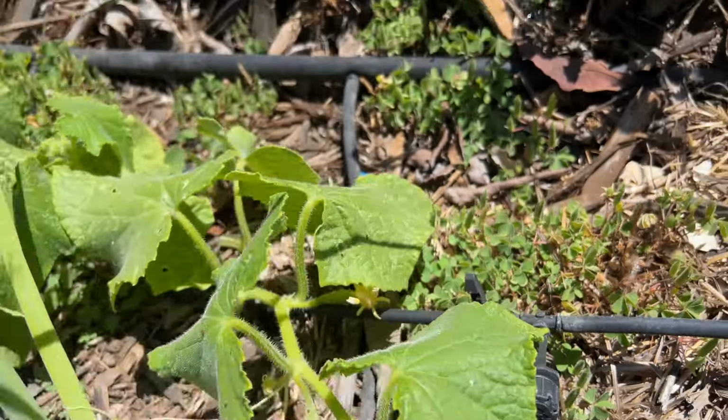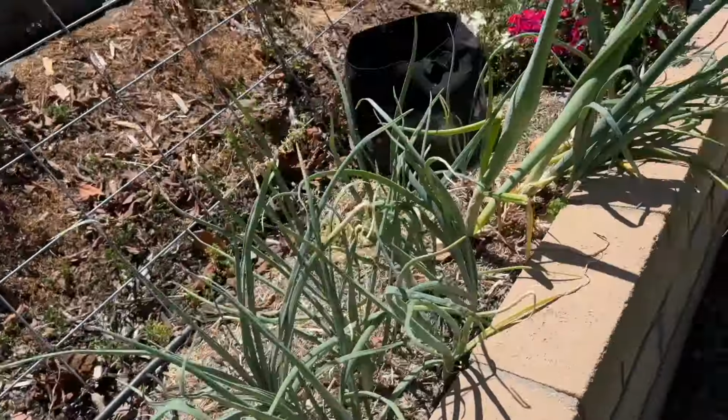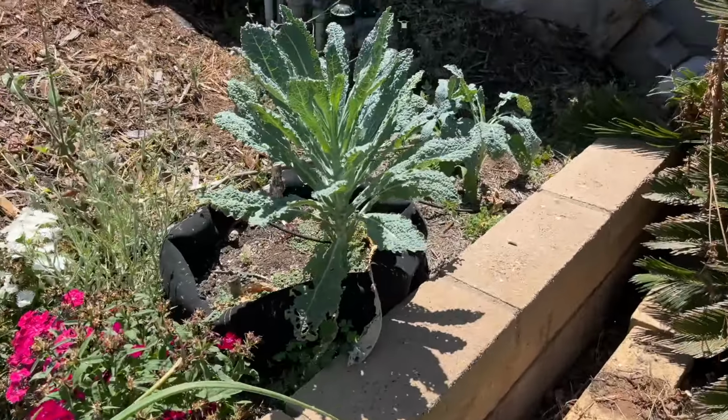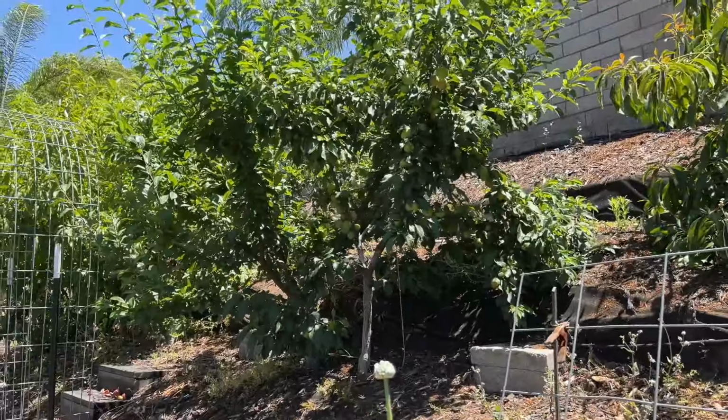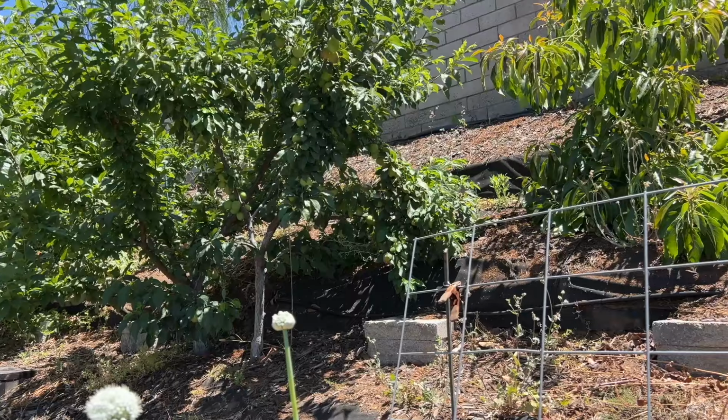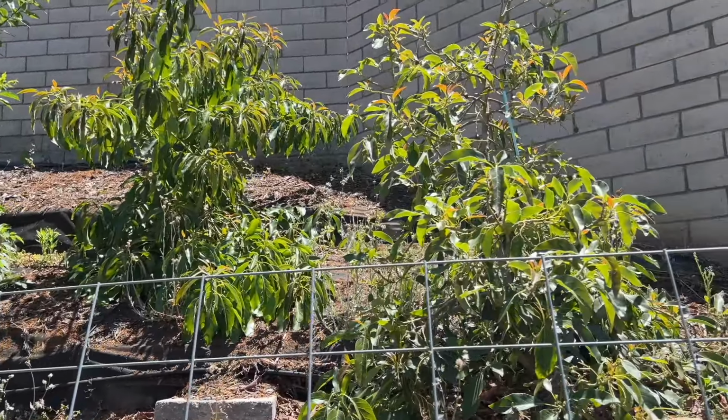So that's apparently a cucumber plant. And then here's more onions going to flower, and the kale from over here. Oh, I guess I forgot to show you the pluots, and then I'll walk around and show you the apples at the top because they're looking good. But I wanted to come in on these